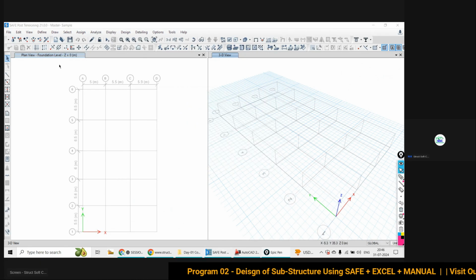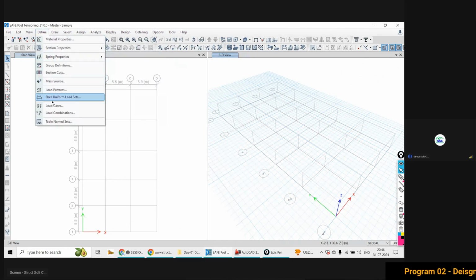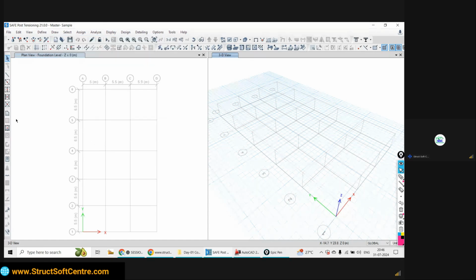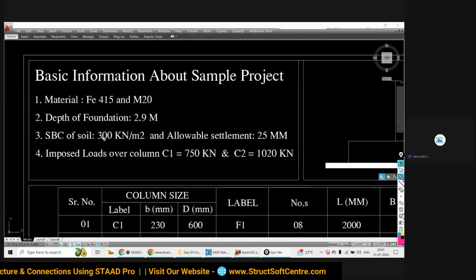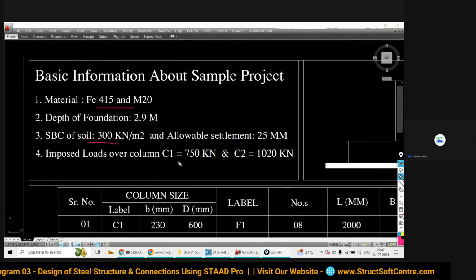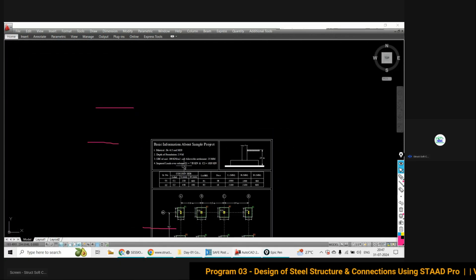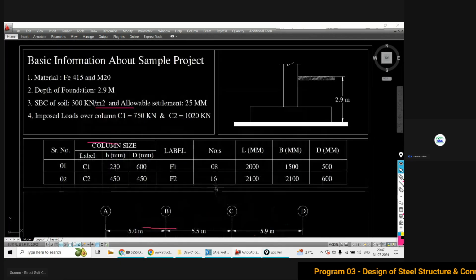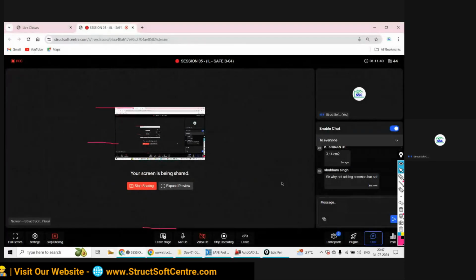Clear this all. Go to the define section, go to the spring properties, all done, right? So yeah, it is all done. Just come back. What else do we need to define? We have defined the soil subgrade modulus, the material property, the section property, and the slab properties. All that we have done very well. Now this is all done. By tomorrow we'll finally start the modeling. Okay.